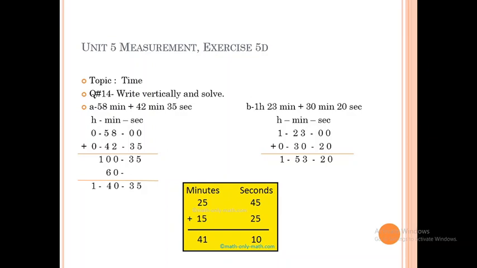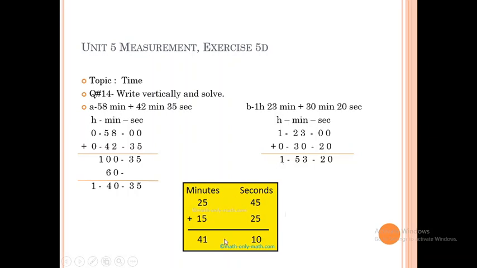Here a little bit of difference is there from normal addition and subtraction when we carry and borrow. See this question: 1 hour 23 minutes and no seconds, so zeros are here. The next quantity is 30 minutes and 20 seconds. When we add seconds, the answer is 20, it's alright. When we add minutes, the answer is 53. That is also less than 60. So no need to subtract 60 from here, and in the column of hour we will get only 1 here.